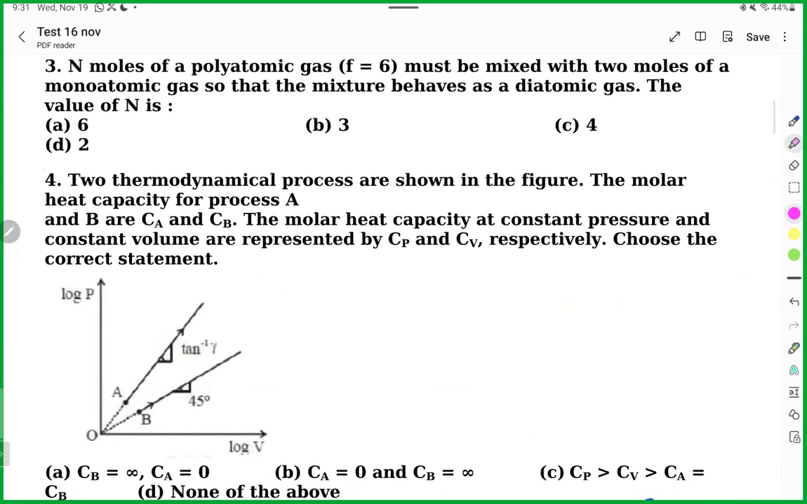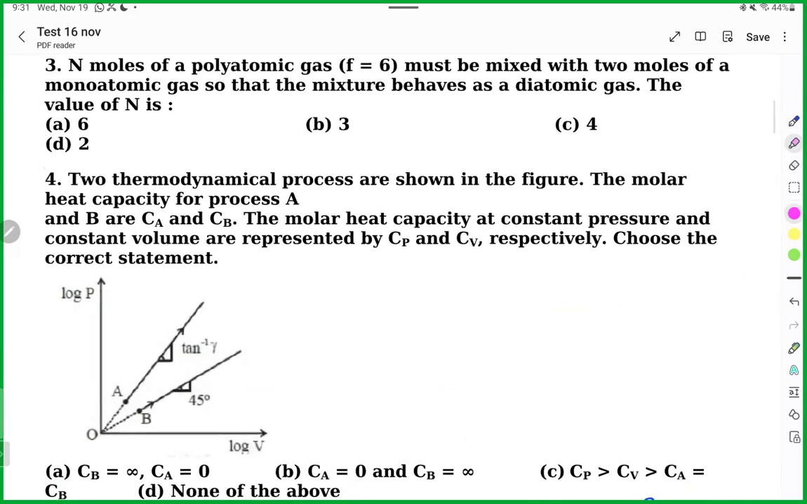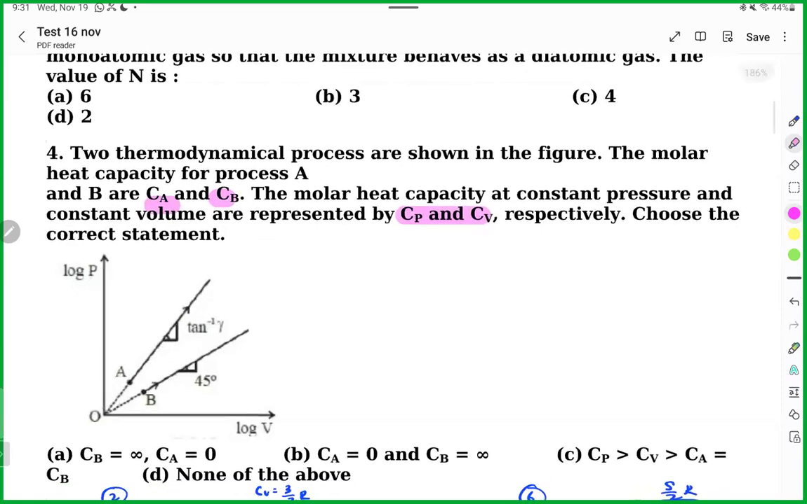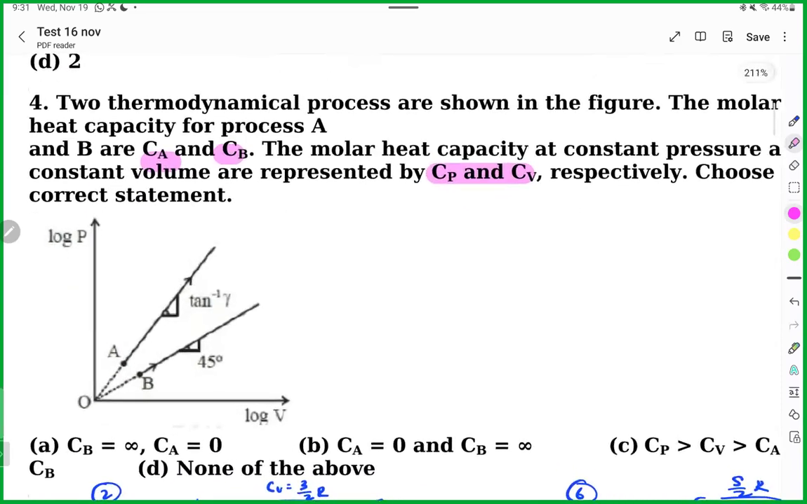Next question, Sania. Molar heat capacity of process A and B is this. At constant pressure, constant volume is Cp, Cv. Choose the correct option. सर ऑप्शन B, none of the above। How? सर क्योंकि